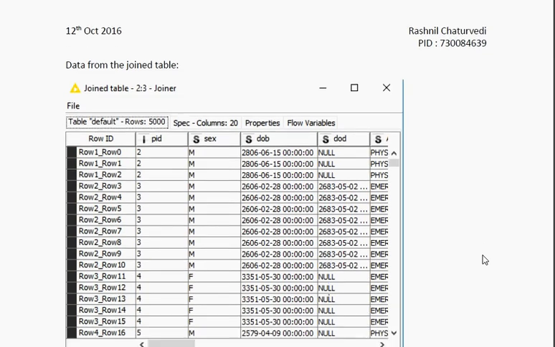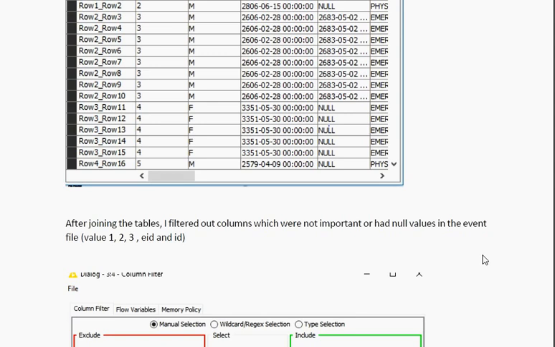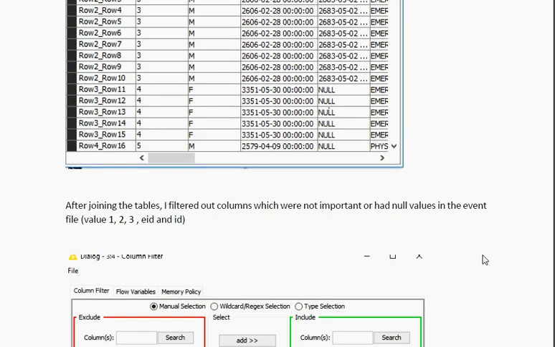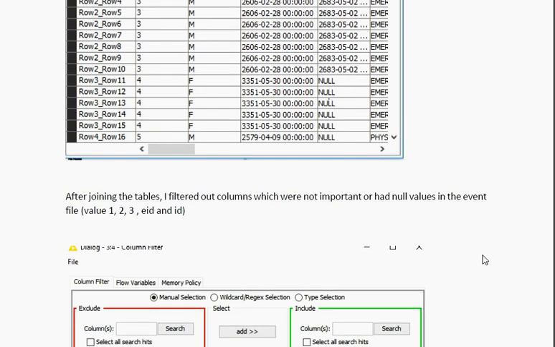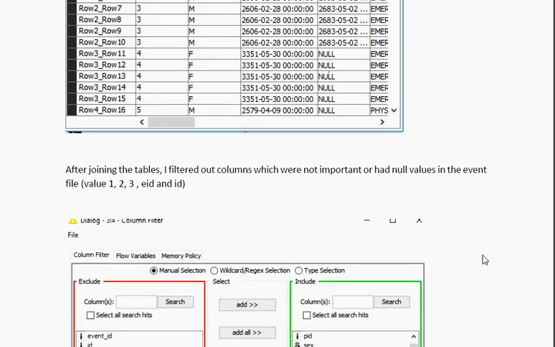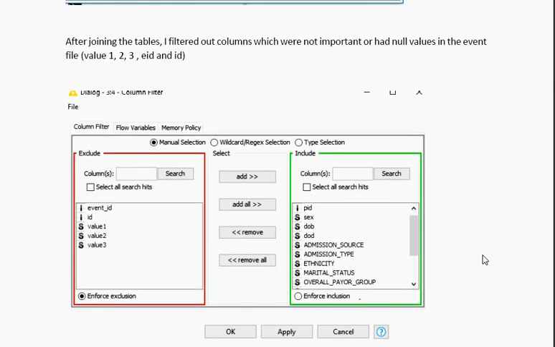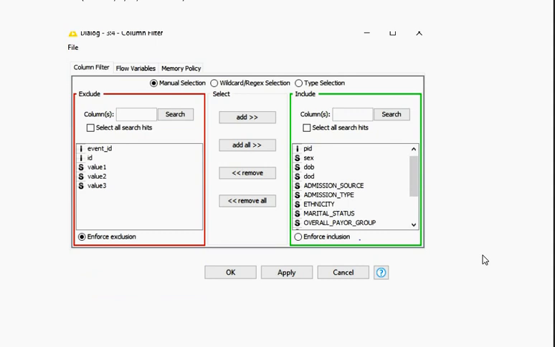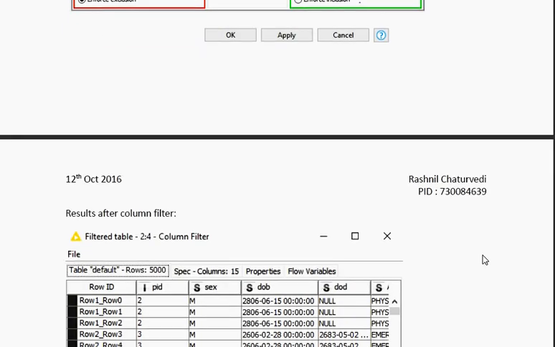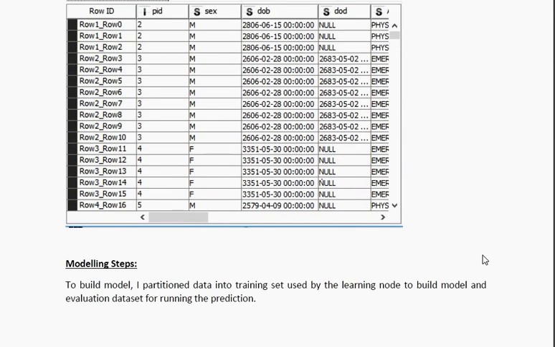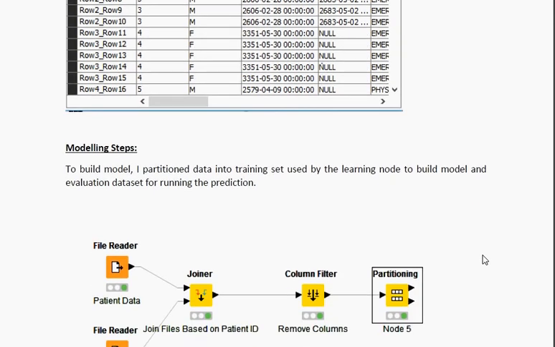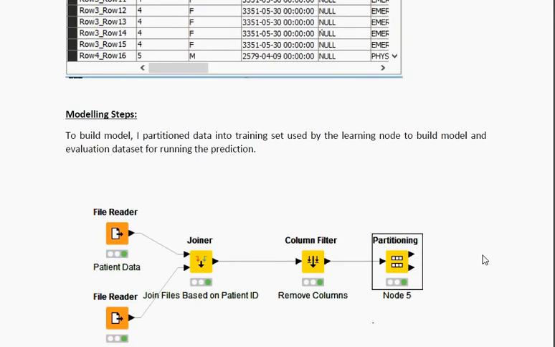table. So this table has data from both the files, and now once I had the joined data, I wanted to remove the unwanted columns so that I have only the columns which are meaningful or which could be used for my prediction. So I removed all these unwanted columns, and I was left with only the main columns. So this is my column filtered data,